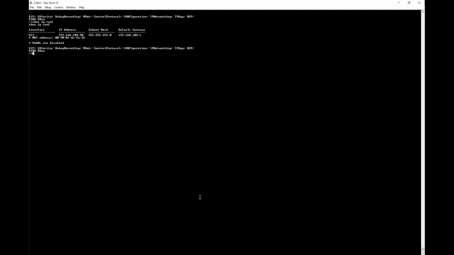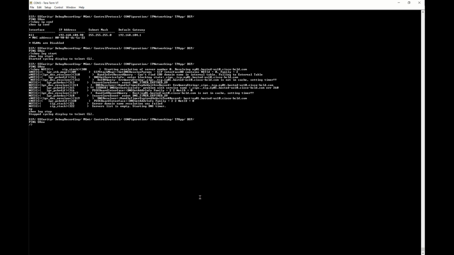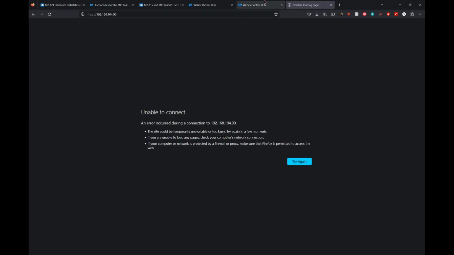On this AudioCodes device, you can start or stop the logs through the console. The command for that is show log start. It will start showing you all the logs, and to disable it, it is show log stop. It will stop the logging on your console cable. This is very helpful, because once this device starts registering with Control Hub, you will see a lot of console logs coming through. So let's log into the Webex Control Hub and configure this